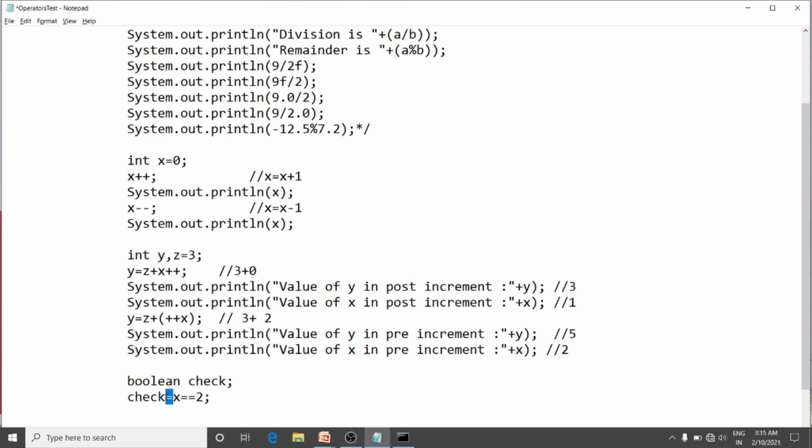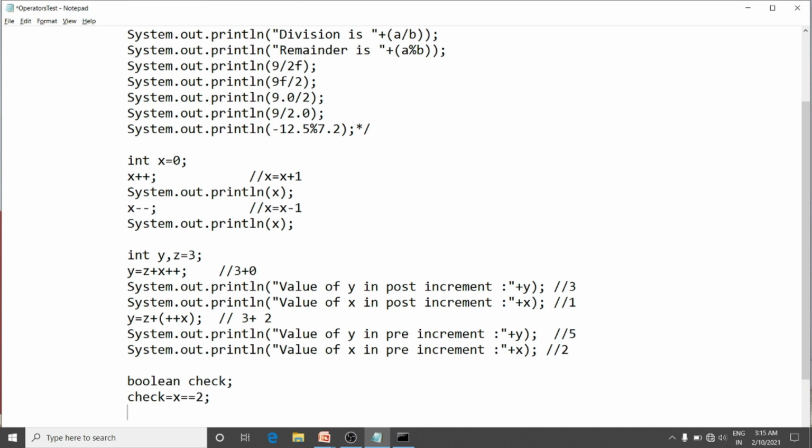This single equal to is not a comparison operator in Java, but it is an assignment operator that will assign the value to a variable check. And x equal to 2, that is a comparison operator that will return result true or false to the variable check. We know the value of x is 2 and we are comparing with the number 2 only.